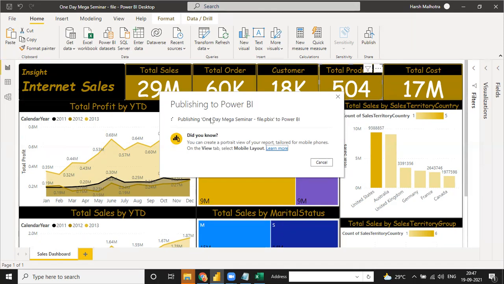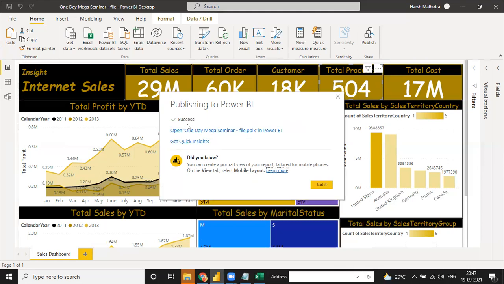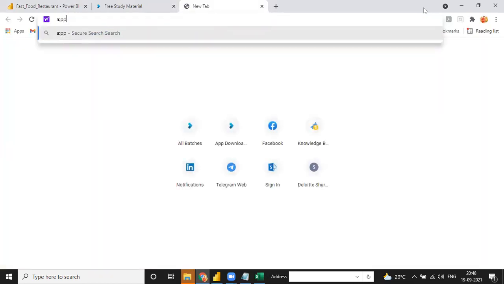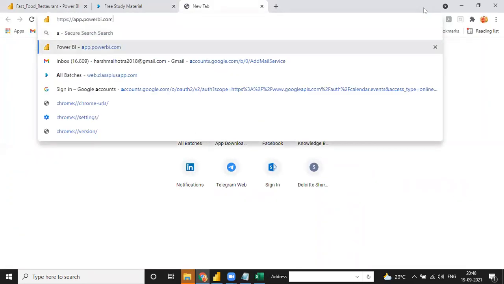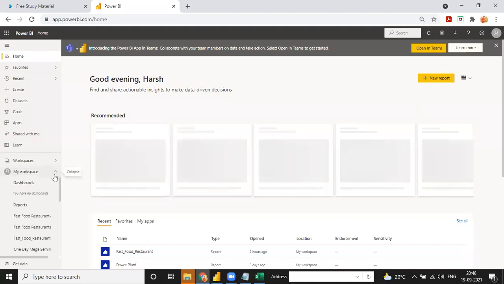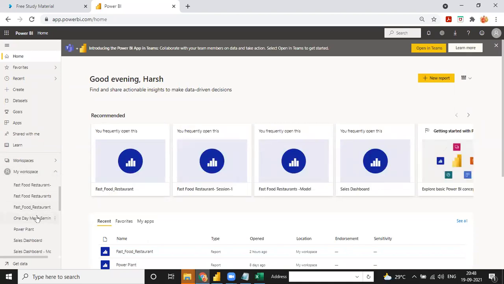But if you're doing it the first time, you have to log in with your official email ID. Then you can analyze your report in Power BI. Okay, I will tell you, see, the report will be a success. Just a minute. Yeah, I'm just going to refresh my Power BI. There is a site, the Power BI online version, app.powerbi.com. So when the report is published, okay, the report will be ready in My workspace. You have one day of data, this one.